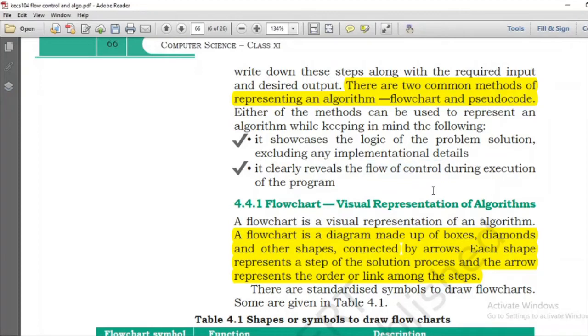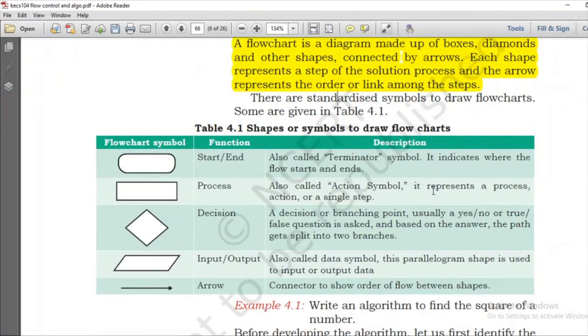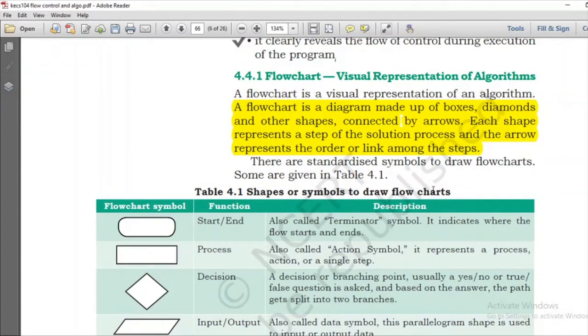So first we are going to study flowchart. Now flowchart, it is a visual representation of algorithm. Visual representation means pictorial representation. So it is a diagram. It is a diagram made up of boxes, diamonds and other shapes connected by arrows. Each shape represents a step of the solution process and the arrow represent the order or link among these steps. So हर एक आप इसके अंदर अलग अलग shape use करते हैं and each shape specifies a certain task to